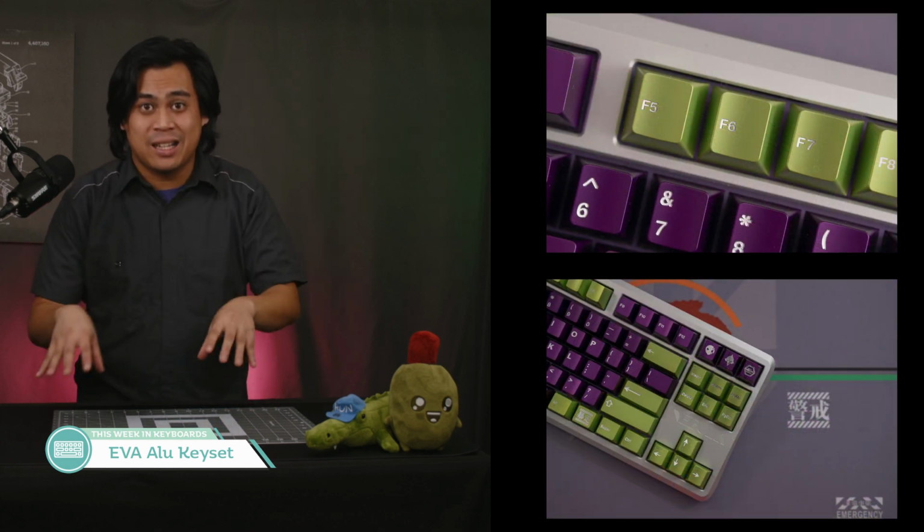This next one, absolutely wild. Full aluminum keycaps, okay? For 108 keys, that's $450. Bump that up to 135 keys, $499. That's wild. That's like as much as a nice custom. They're going for an Evangelion colorway, which is pretty interesting. I'd rather have like a silver polished aluminum set just for the flexing, but